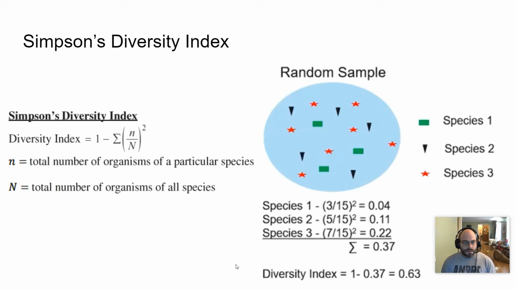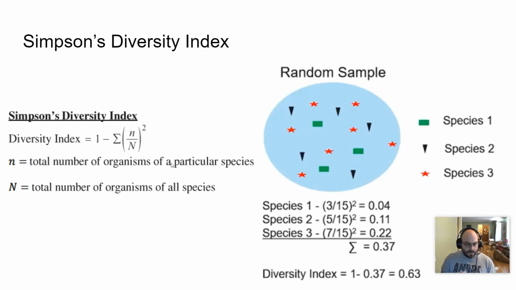There's a number called Simpson's diversity index, and Simpson's diversity index measures the amount of diversity in a habitat. The higher the index, the more diverse that community is. Typically, the more diverse a community is, the more adaptive it is. We'll talk more about that in the next video. And just so you can see here,